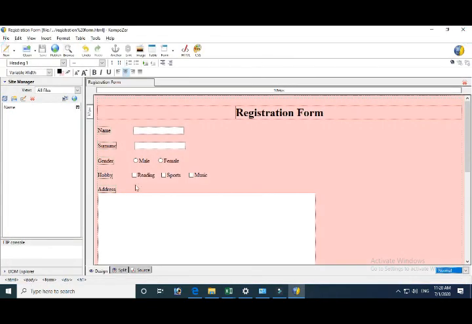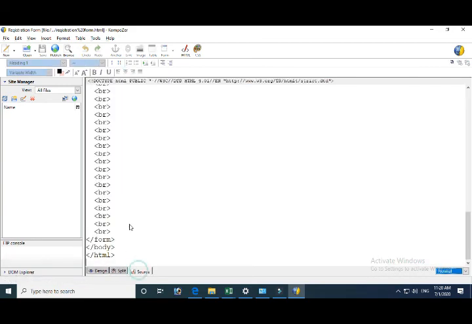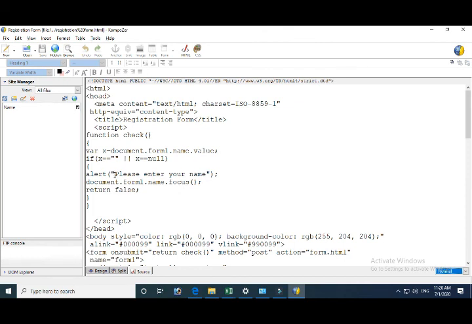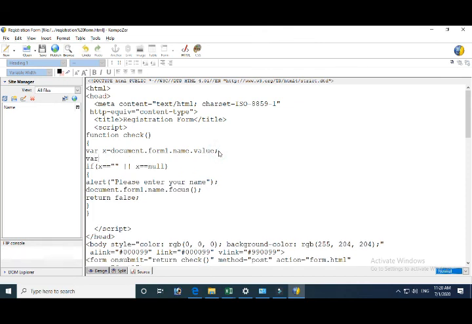Now for surname also we are going to perform the same action. For that we need one more variable. So we have created a variable named x here, and y here. Variable y is equal to document.form1 dot, now the field name is surname. So we are going to write form1 dot surname dot value. So the y variable will take its value from the text field of surname.